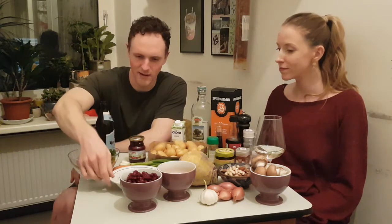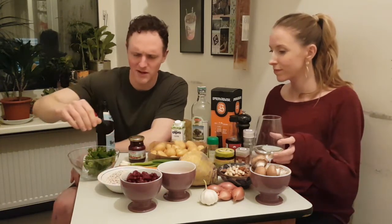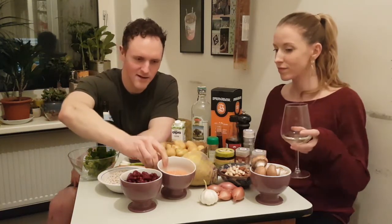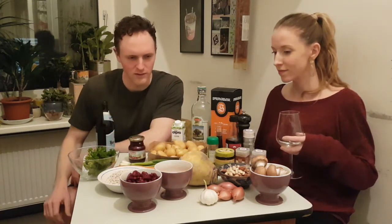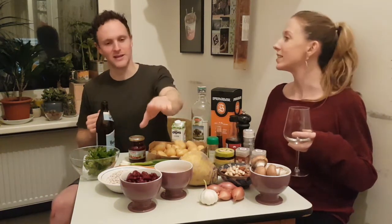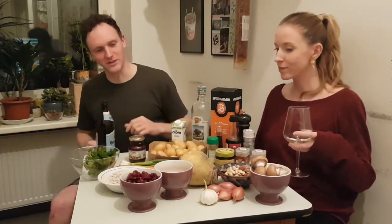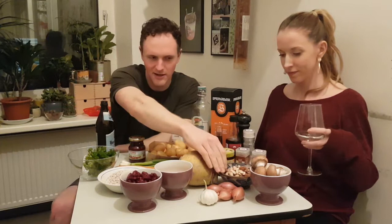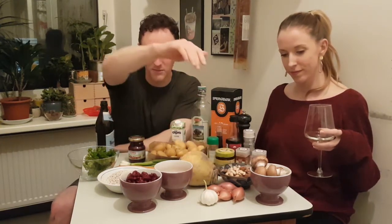We've got two and a bit cups of quick oats, some red lentils, about one to 1.5 cups in their cooked form, so we're going to have to cook them later, so that's a slightly lower quantity there, but once we cook them it will be the right quantity. We've got a mix of nuts here, about 1.5 cups of mushrooms,